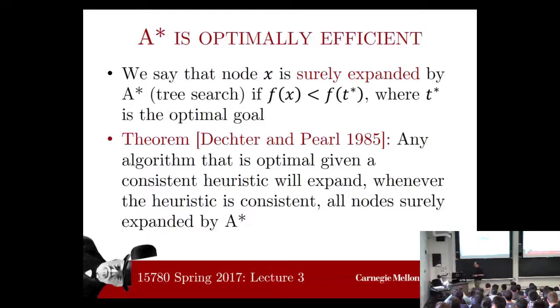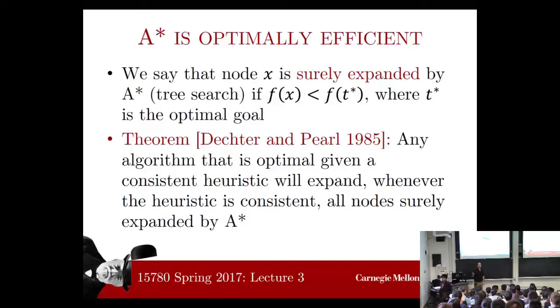So in order to define this really nice property of A star that I want to tell you about, we need just one definition. So we're going to say that the node X is surely expanded by A star. I'm going to focus on A star tree search for this for the next few slides. If the F value of X is at most the F value of T star, where T star is the optimal goal. So what's the idea here? What we're saying is,